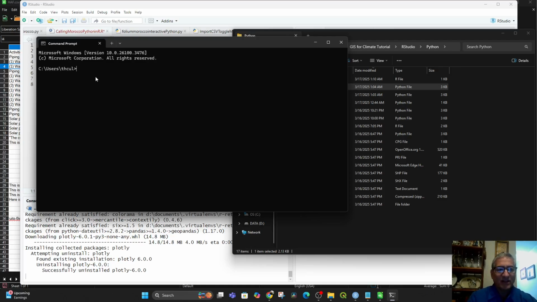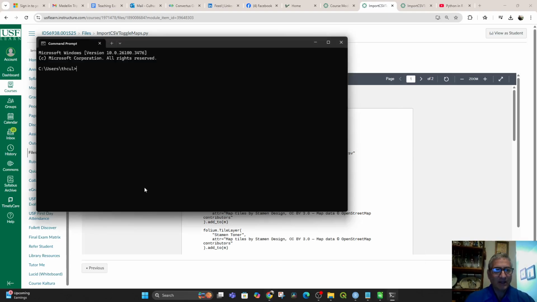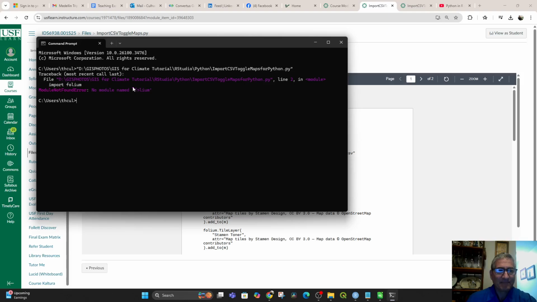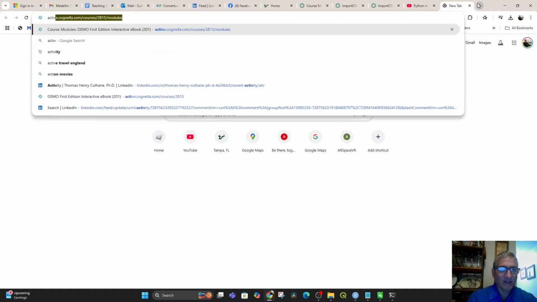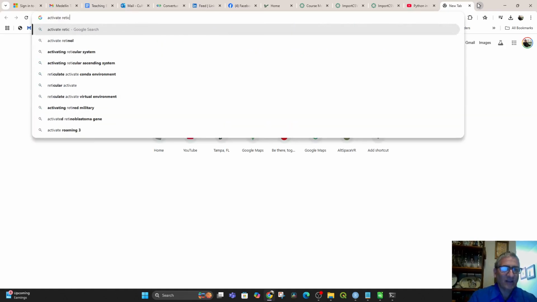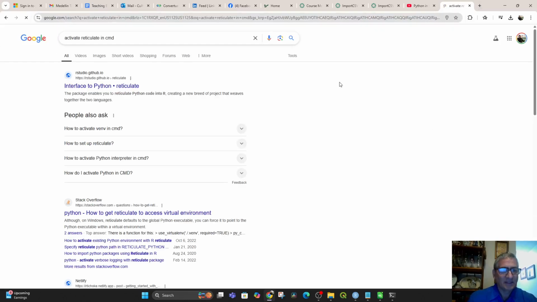it to activate reticulate. And let me see if I can remember how to do that. In fact, I don't remember, because if I just run it, it's going to use the wrong version of Python, and probably nothing's going to happen. Yeah, it doesn't like that because it needs folium and it doesn't know where that is. But I have this version called reticulate, so say activate reticulate in CMD, and